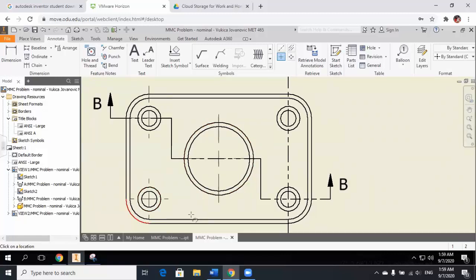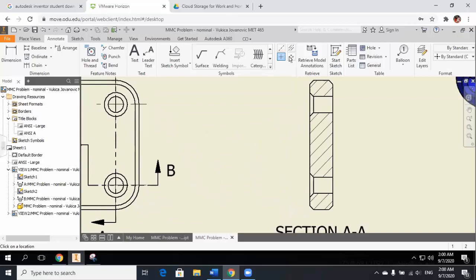So extend a little bit here. So, and here. And for there. So once I'm done with that, I can use bisector. You see this bisector, and then I'm putting center lines. So I click on 2 lines, then I have center line in between